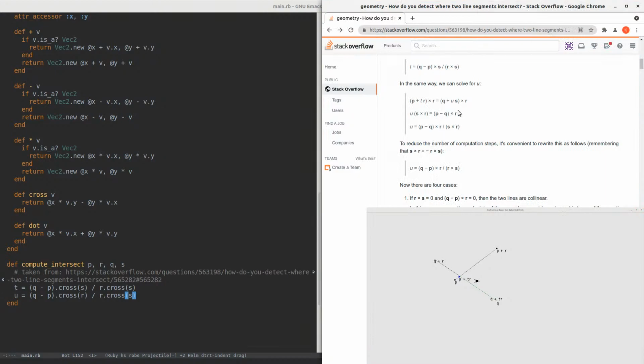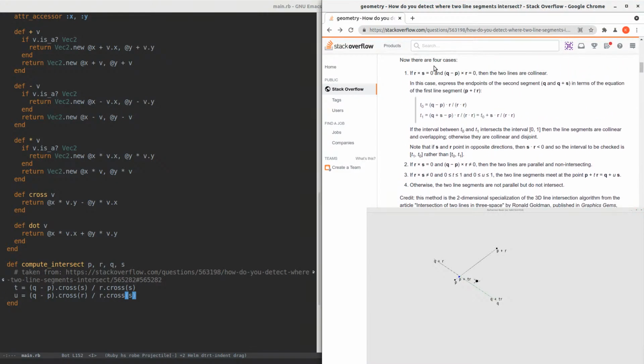The source of truth. Okay, so like we said earlier, if they're collinear, I'm just going to treat them as no intersection. So if r dot cross s equals 0,